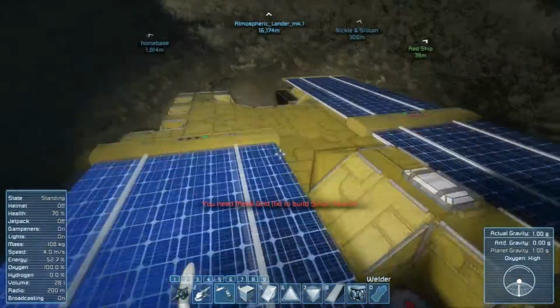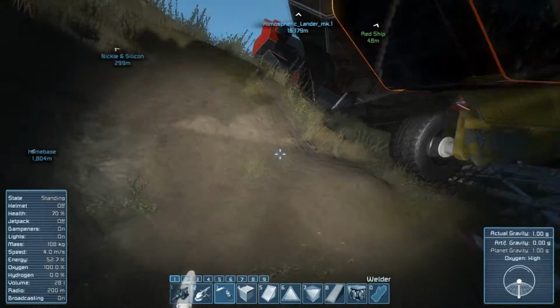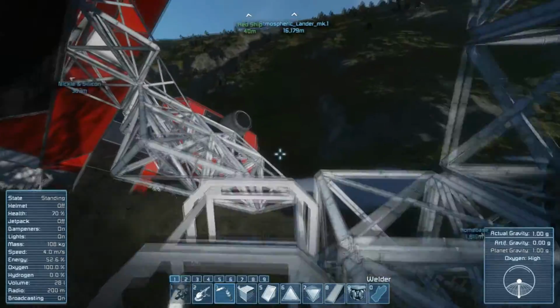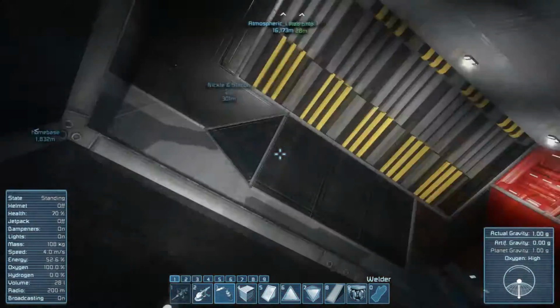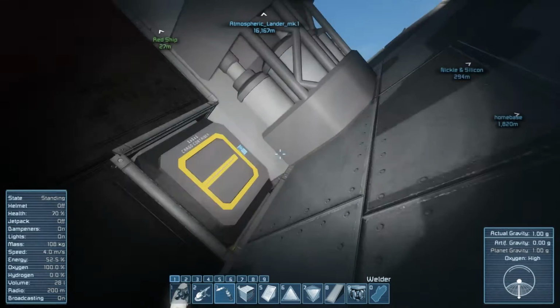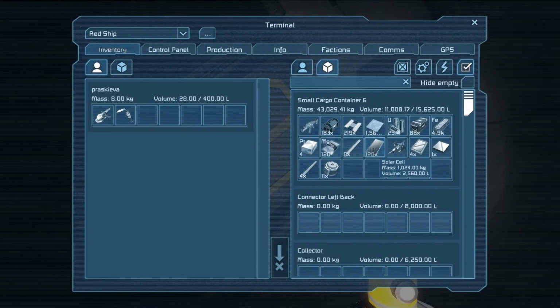That was glitchy. And I am going to run off there real quick and pick up just a little tiny bit of nickel. I'm not going to do a lot of mining, but actually, I'm going to do a little more mining than I just said, because I just remembered I'm going to need grids to build solar panels for our base. I want to get everything we need. I built a bunch of solar array parts and stuff